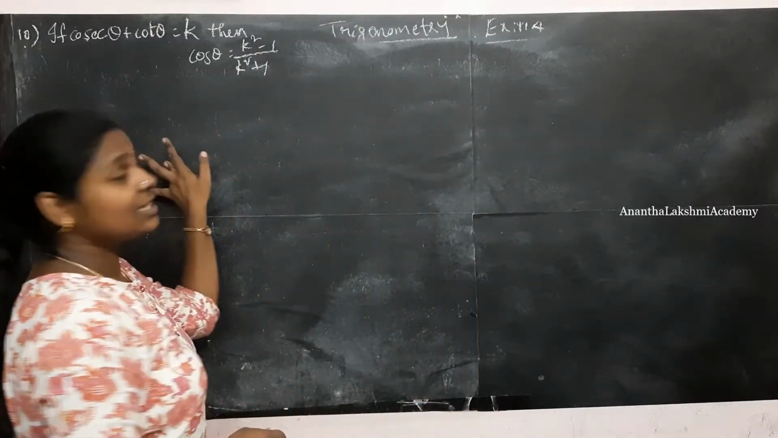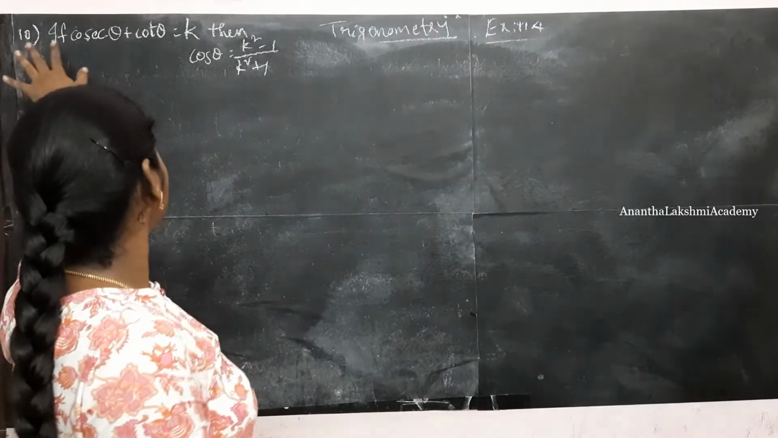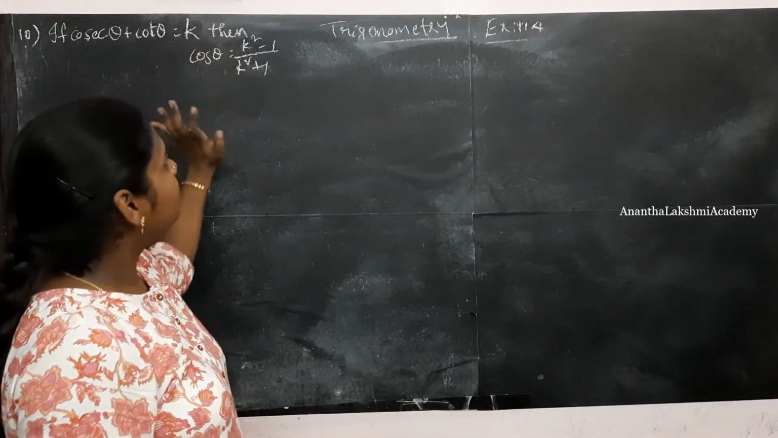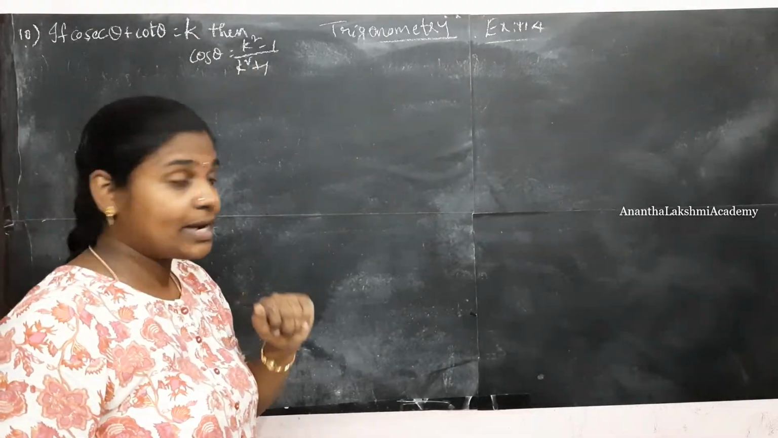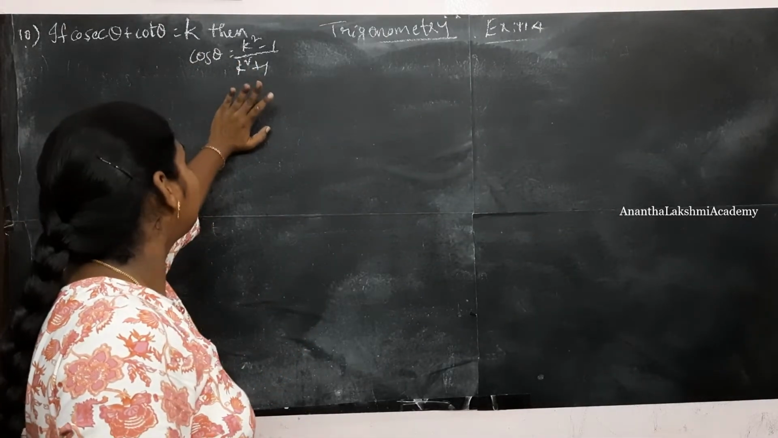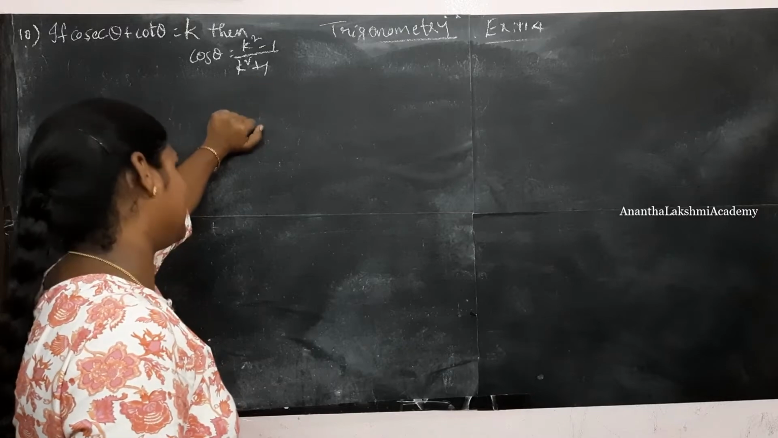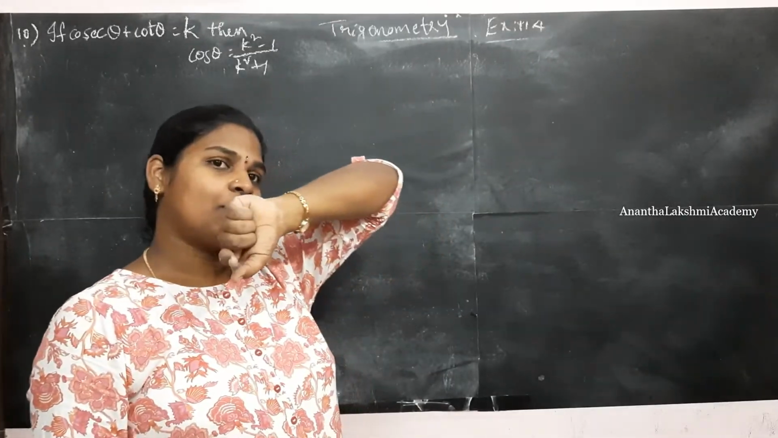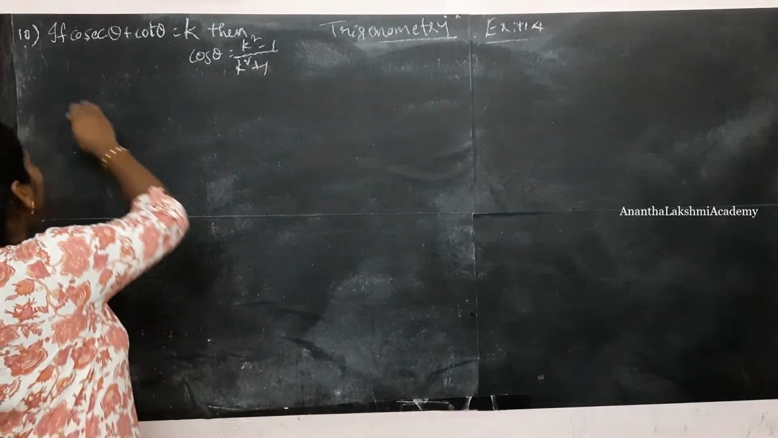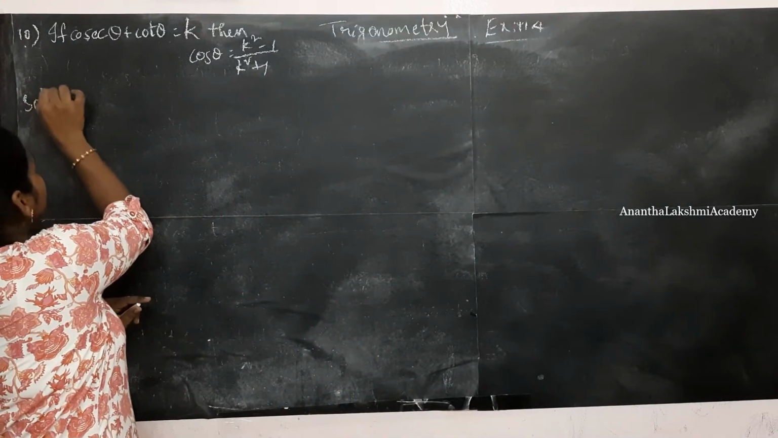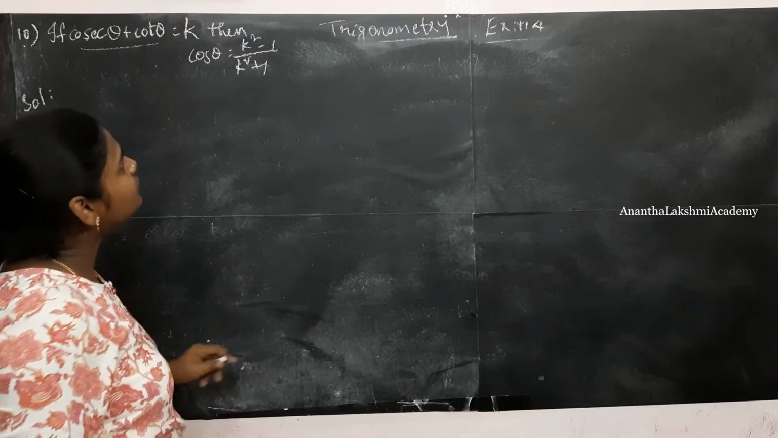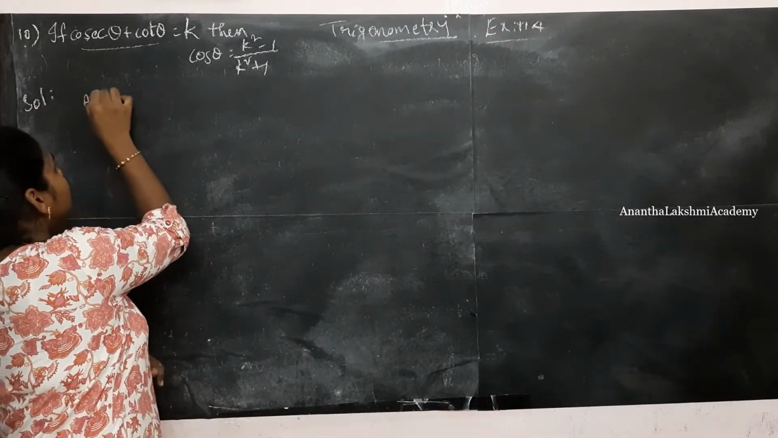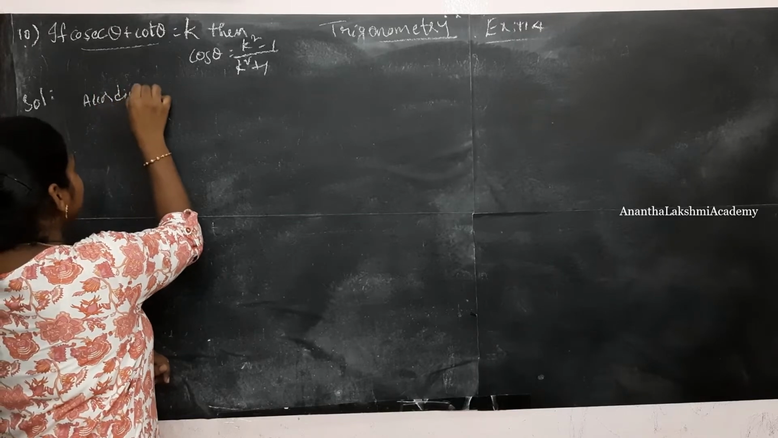So here is the last problem in this exercise. If cosecant theta plus cot theta is equal to k, then prove that cos theta is equal to k square minus 1 by k square plus 1. So how do we solve this? Again, the same trick which we have used for the problem number 9. So, solution. If cosecant theta plus cot theta is equal to k, then let me use, according to the trigonometric identity,